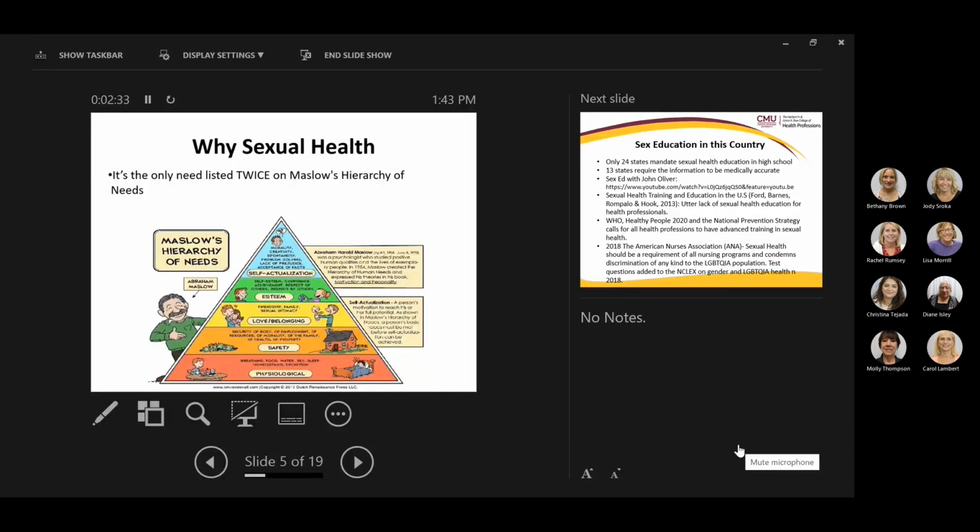Okay. All right, so back to Maslow's. Sex is actually the only thing that's listed twice on Maslow's hierarchy of needs, and yet it's still the thing that we talk about the least. You'll see it at the very bottom with physiological needs, but also in the love and belonging as well. We say that, now it's not